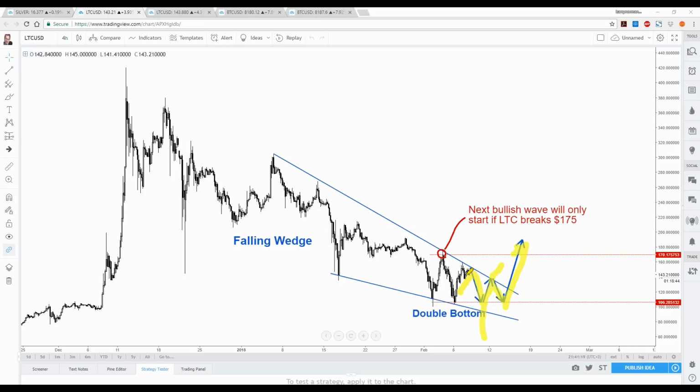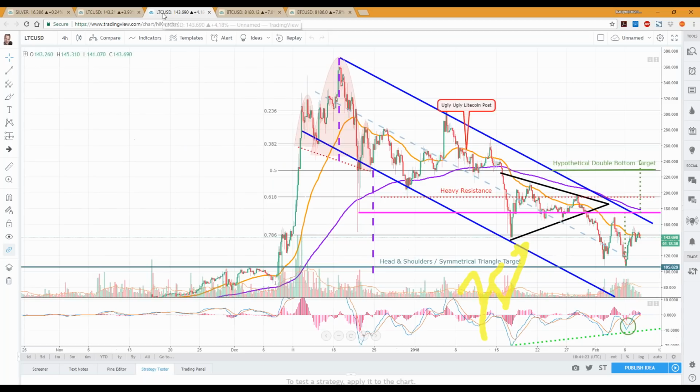It could break down, it could break out. But this is what we're looking at in the formation of the falling wedge. Here we have a beautiful triangle that formed in price. And look at that. We